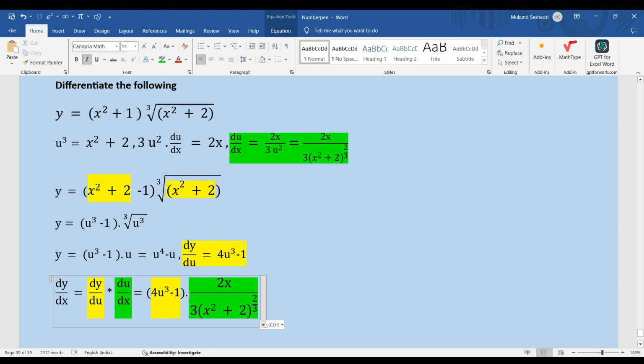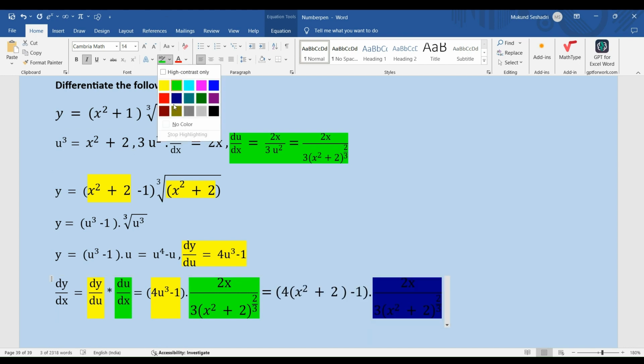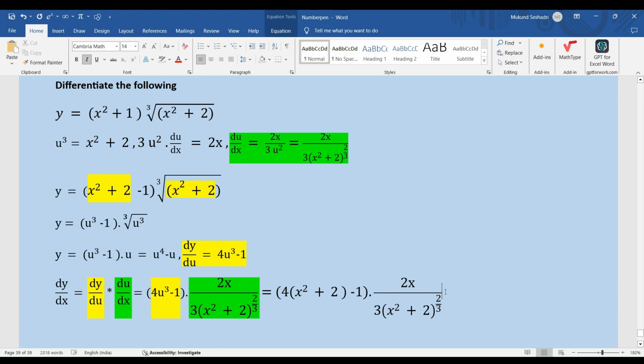But folks, again, you have one final step here. My final answer has to be in the form of x. So I go back, I substitute my u cube in the form of x, right? So my u cube is nothing but x squared plus 2. So this is what I get. So my 4 times x squared plus 2 becomes 4x squared plus 8. And then I have a minus 1. So my final answer is nothing but 4x squared plus 7